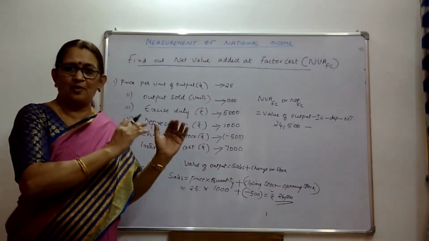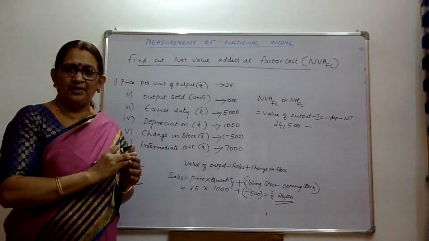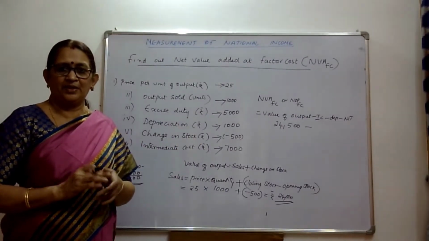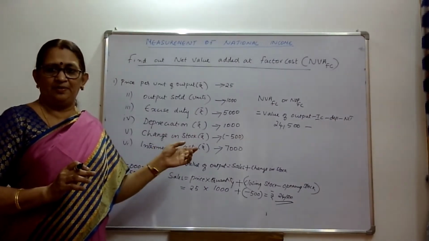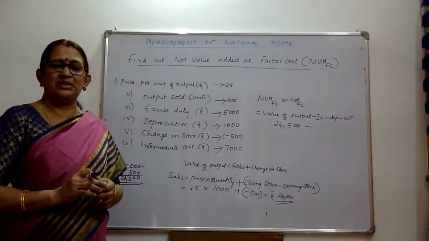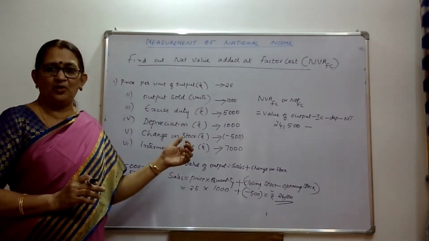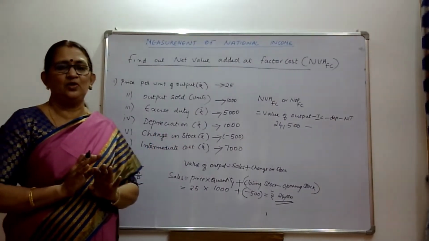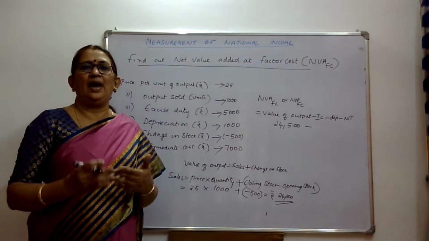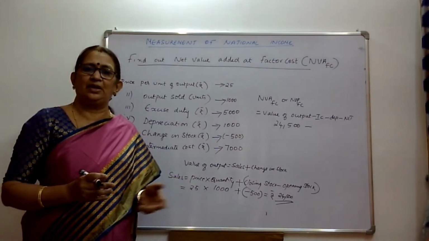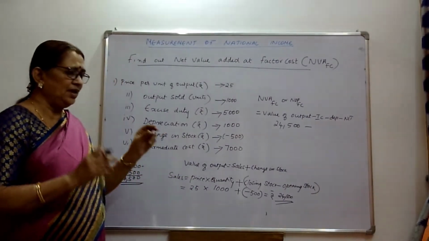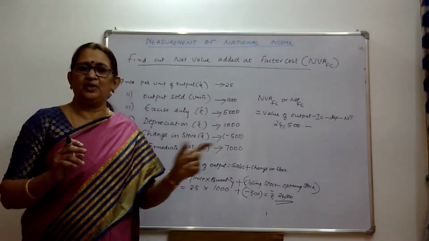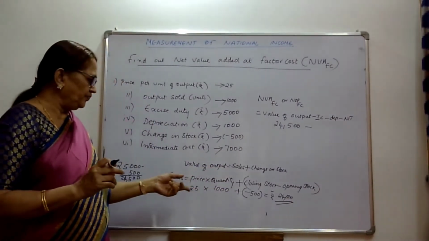By adding both, you will get intermediate cost. If intermediate cost is given directly, then there is no need to add domestic purchase or import again. If the particular term is given, its value is given directly, you can enter that. Okay. So here